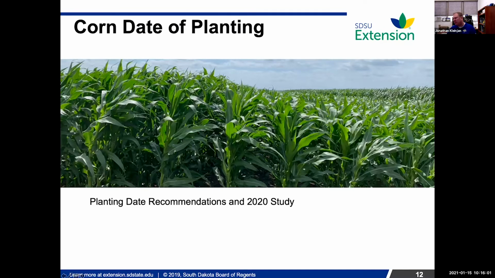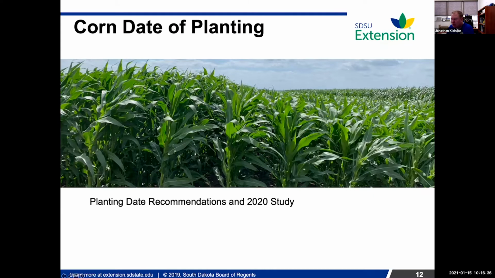And you can see we have some light competition here. So south is actually this direction to the left. I guess I learned that if I'm going to do a planting date study, I should put the first planting dates to the north rather than to the south. I don't think this light competition affected the results at all, but it's just one more thing. It seems like every year you do an experiment, there's something you don't quite think of, and that was what I learned this year. So when we do this again next year, if it's oriented north-south, we're going to put the first planting dates on the south rather than the north.